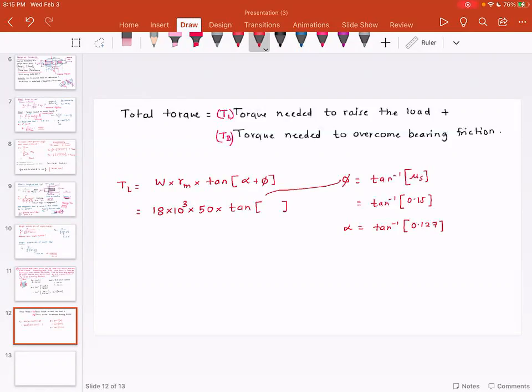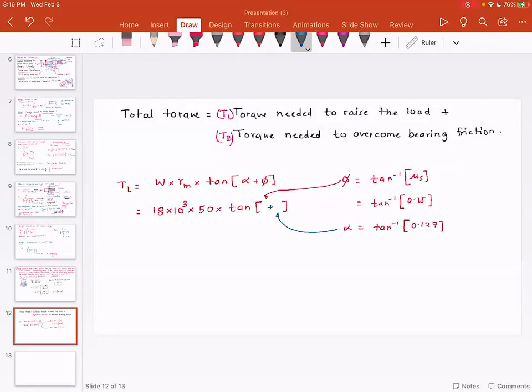So phi comes from here and alpha comes from here. And then the approximate answer is about 5